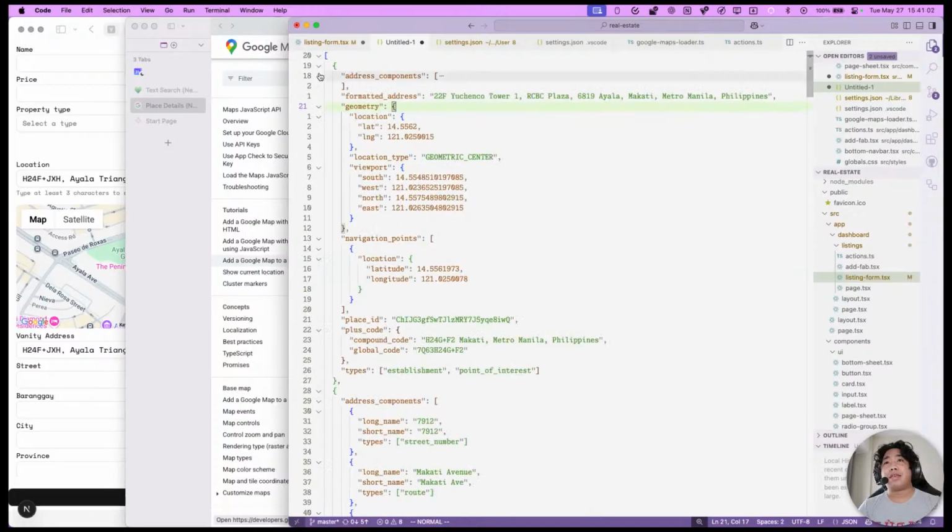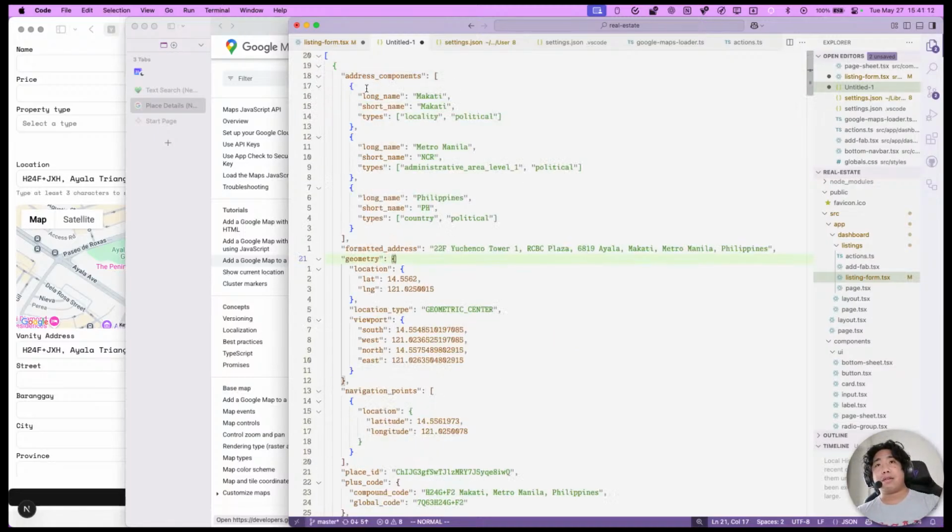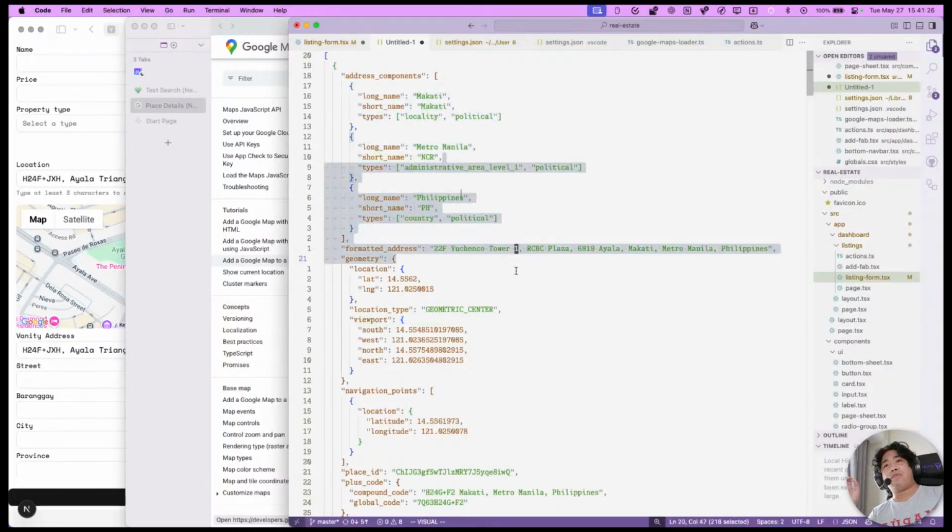So we'll take the first. Oh wait, no. Okay, so the result will have an array of places, right? And then each of those places, we again have to loop through the address components and look for a particular